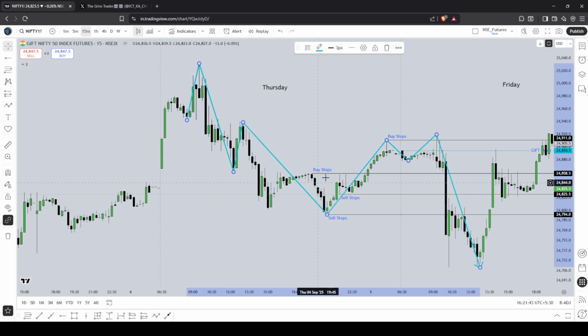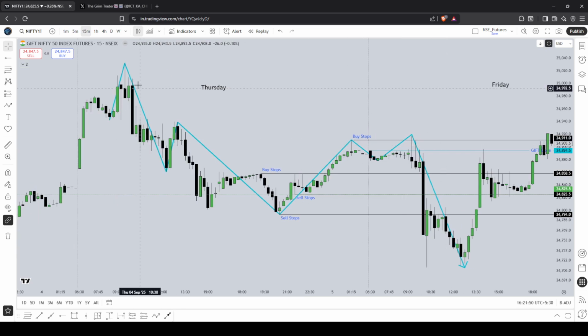Because this is also not very clean price action. There's a little bit of subjectivity, but you'd be able to make sense of this with a little bit of practice. High, low, high, lower low, lower high, lower low, lower high. Before forming a lower low, it took out the lower high again and then took out the lows. So this is a trend continuation model.